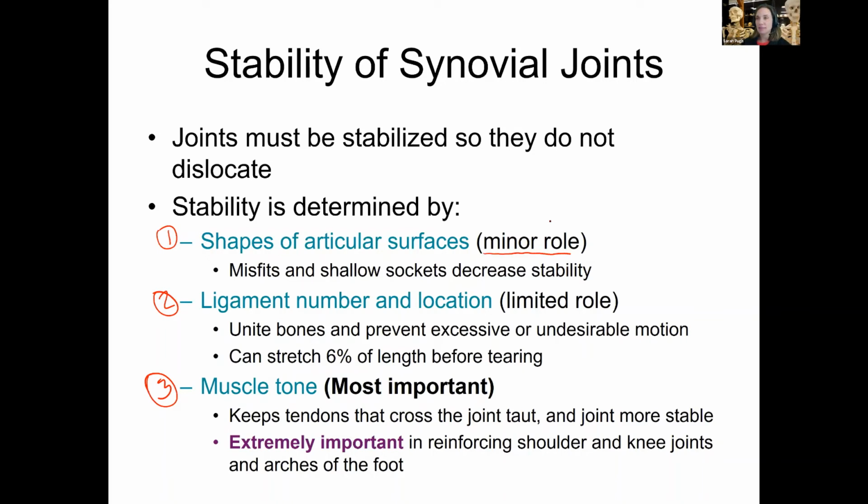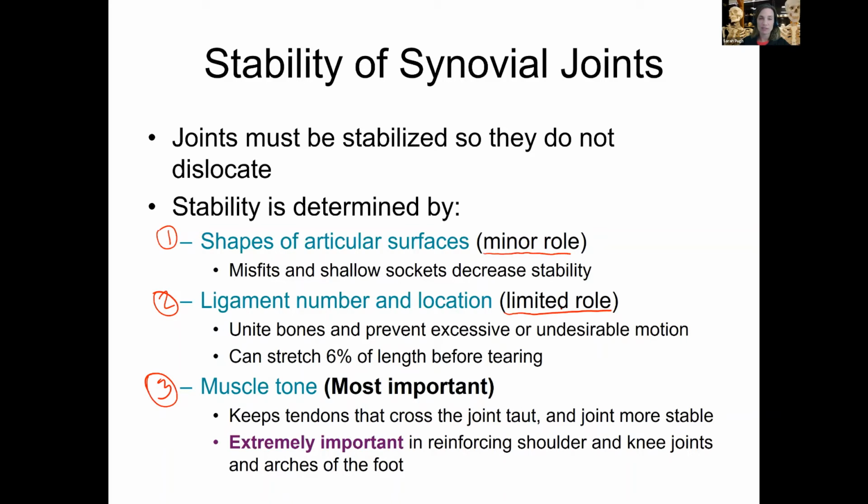The second thing that plays a huge role in the stability of a joint is ligaments, the number and the location of your ligaments. Now again, this says it plays a limited role. It is not the most important. So remember, we have these reinforcing ligaments that make your joint stronger. Joints are the weakest part of our skeleton, so we have to make them stronger. And honestly, these ligaments are going to help to not only reinforce the joint, but they're also going to prevent